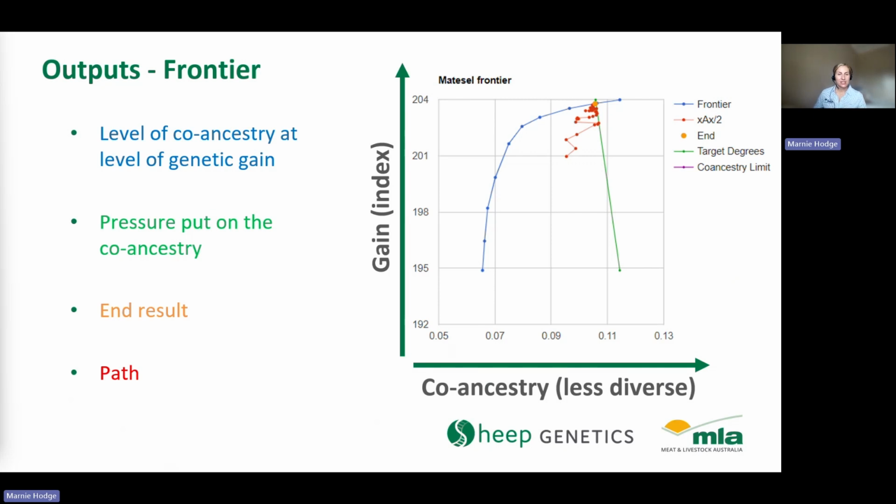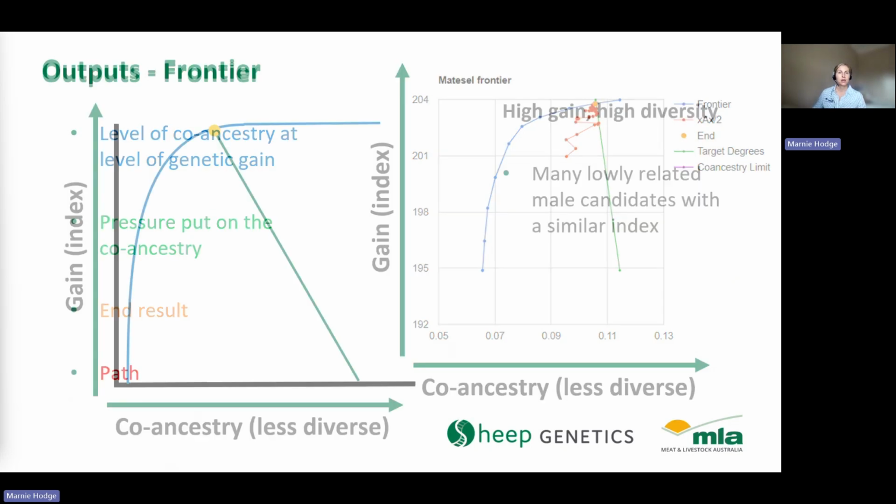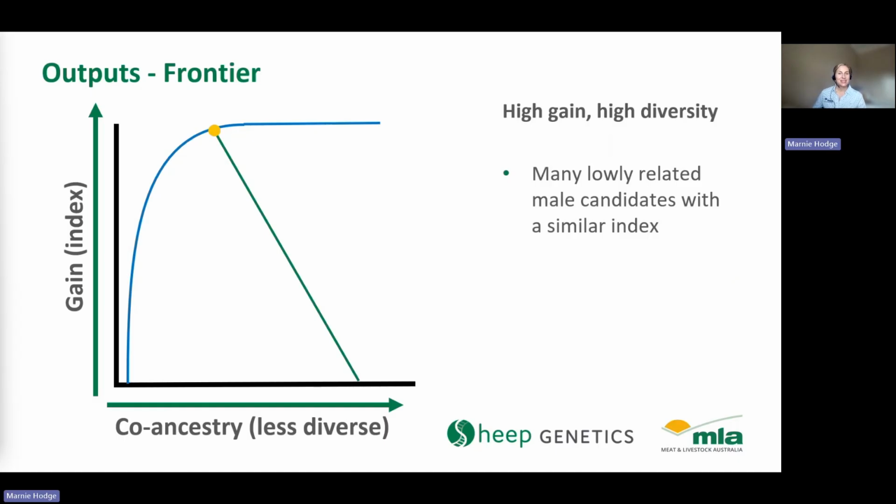The orange dot is essentially the end result. So if you've specified 10 target degrees, that green line will hit the first dot of the blue line, and then your end result will be around that point. The red line on the front here is essentially the path that MateCell took. MateCell runs lots of iterations to come up with the best potential outcome, so it's just showing you roughly the path that MateCell took. The main things to think about here are the blue line, the green line, and the orange end result. If we talk through this with an example, this example looks at